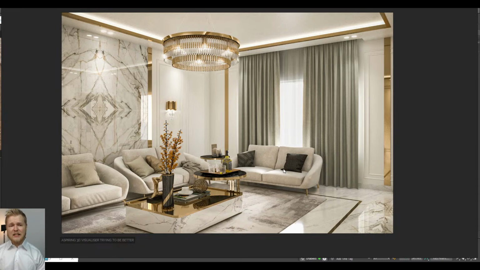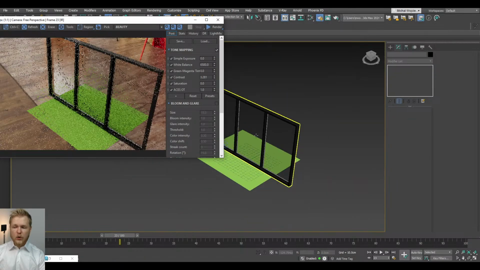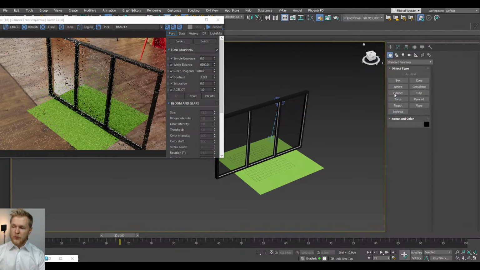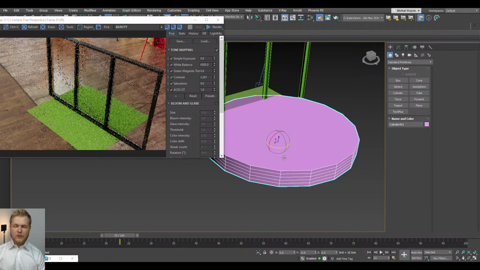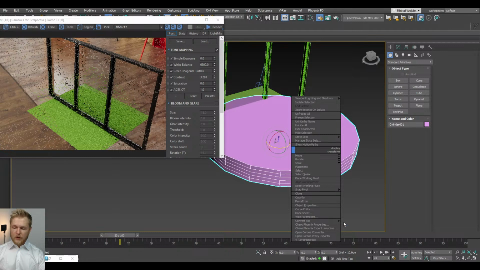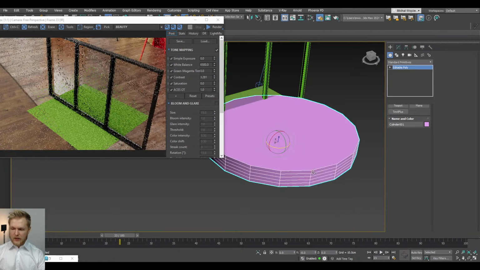Harkaran, this is a very easy topic to discuss. Whenever you have any circular object, you just want to create the cylinder. And once you're here, you're definitely going to have two options. You're either going to convert that object into editable poly, like this,